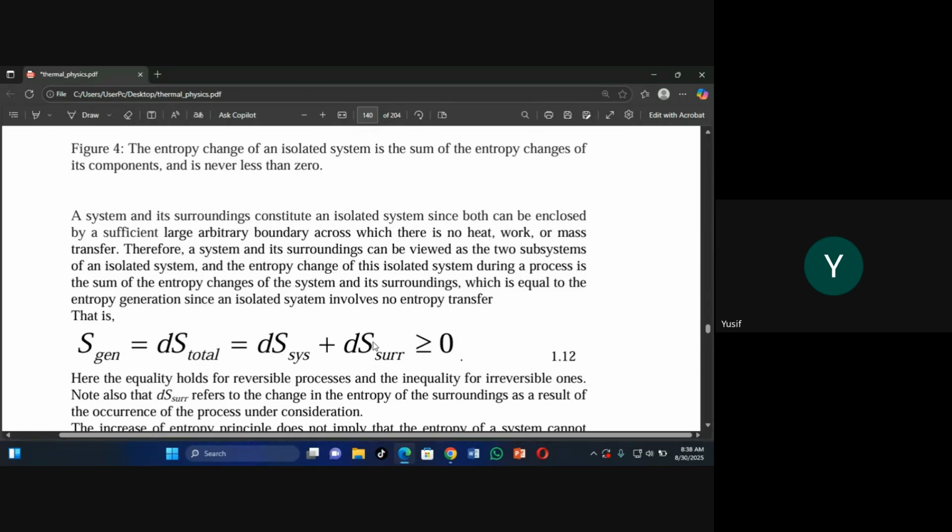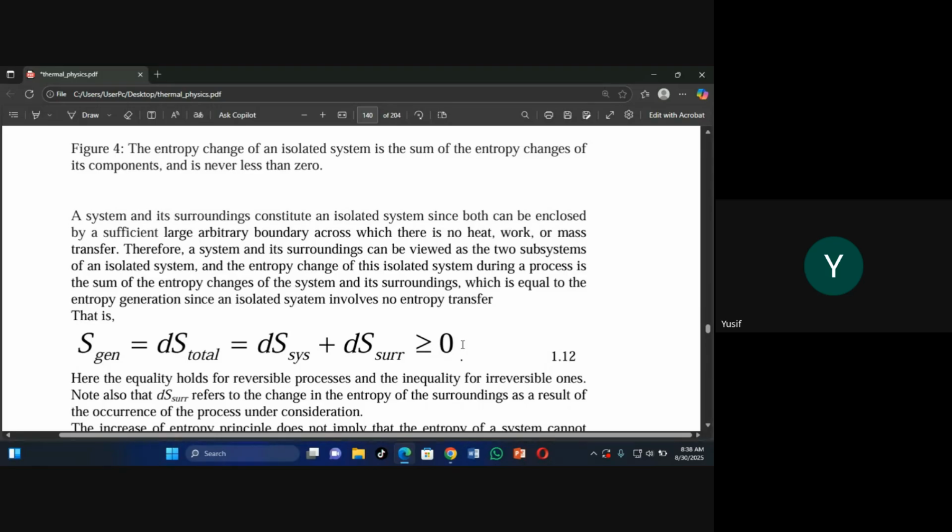And the entropy change of this isolated system during a process is the sum of the entropy changes of the system and its surroundings, which is equal to the entropy generation, since an isolated system involves no entropy transfer, so that the entropy generated is the same as the total entropy of the system, and it's given by the entropy of the system plus that of the surroundings must be greater than or equal